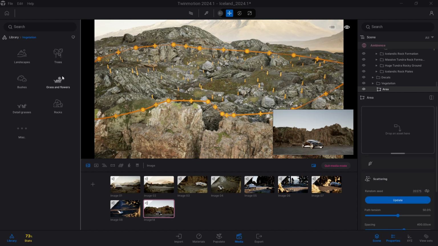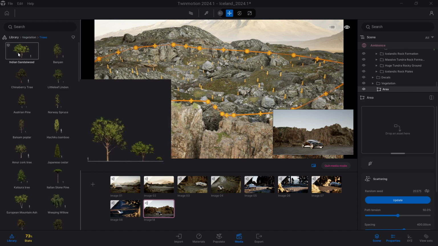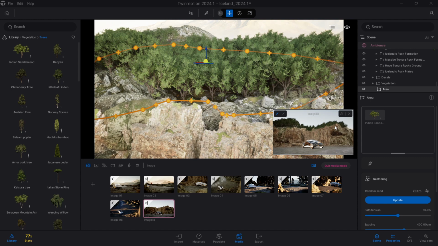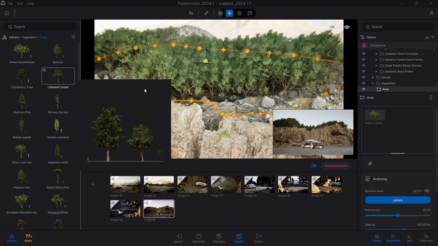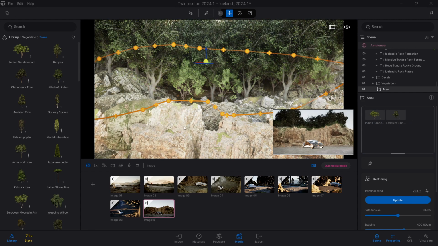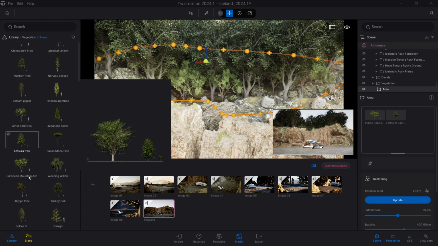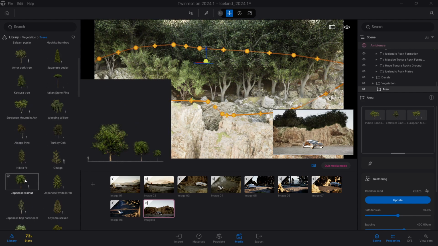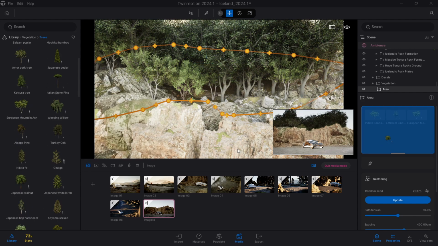I'm going to pick some trees. Let's go with the sandalwood tree. Already you can see in the media preview the created forest. Of course, we don't want the same tree duplicated all over again. So we're going to choose some beautiful trees. It's going to be a walnut tree,